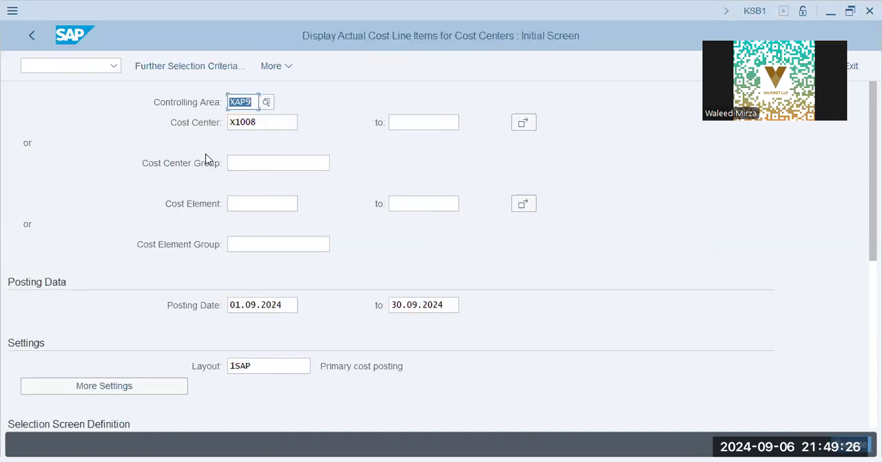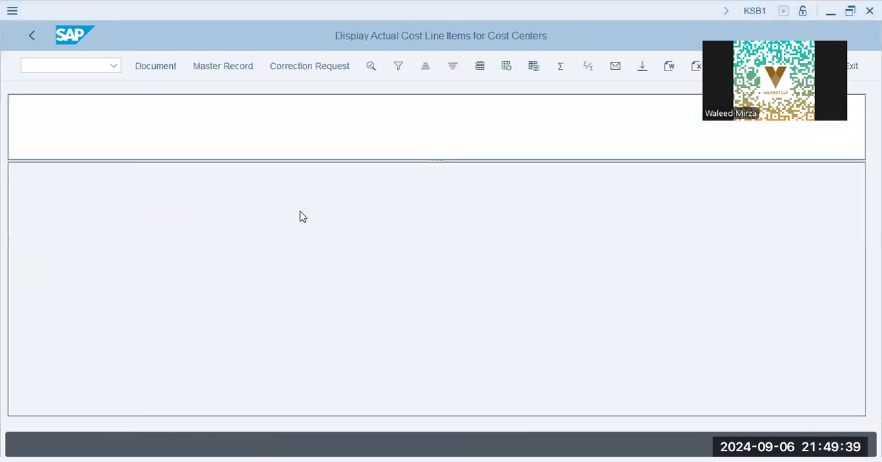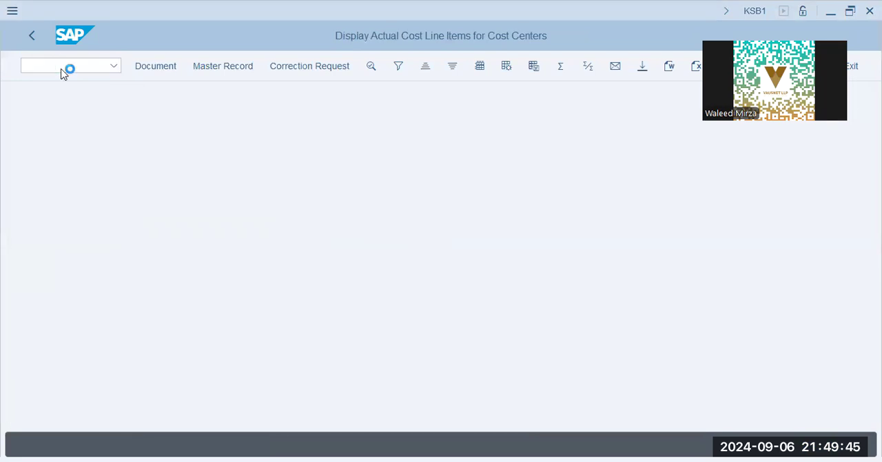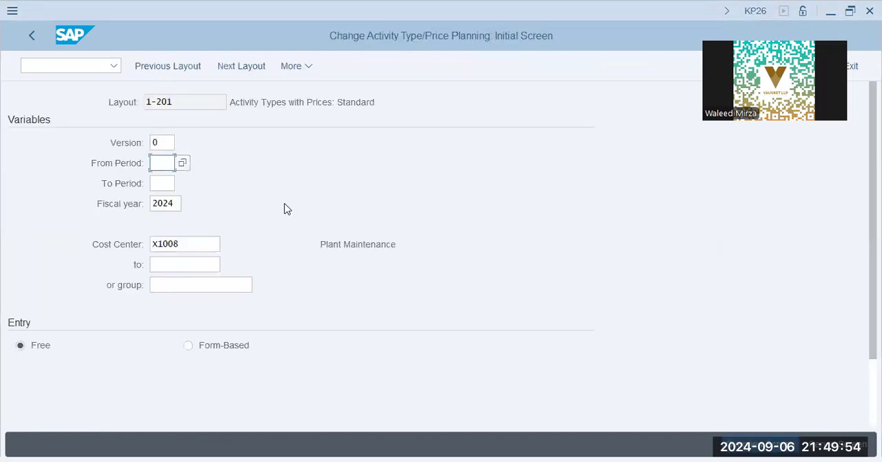KSB1, 18, 01, execute, 81. Okay. Next is important step. Confusing and important. KP26. Activity type, price planning. Now, activity type is your hours, version 0,